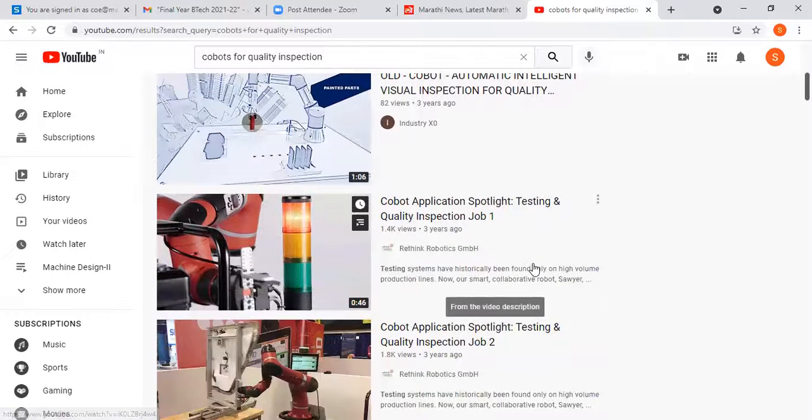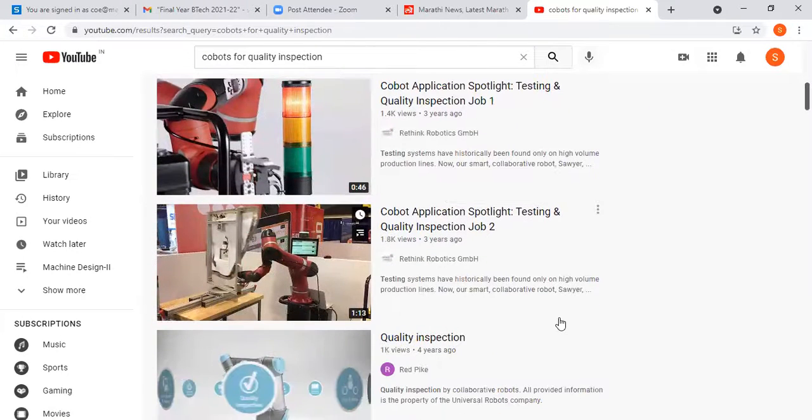See that we will look at 1 or 2 applications, cobot application spotlight, testing and quality inspection.